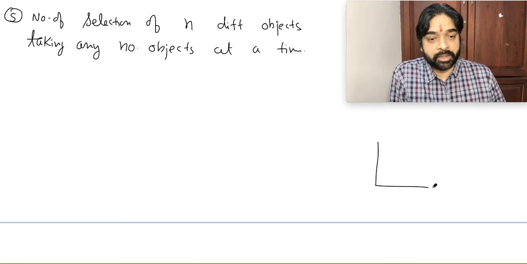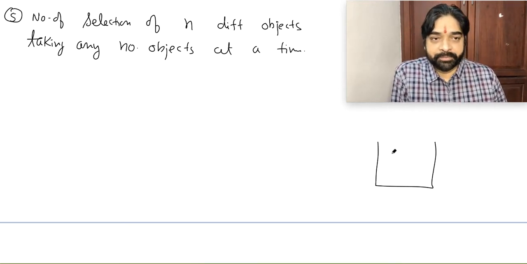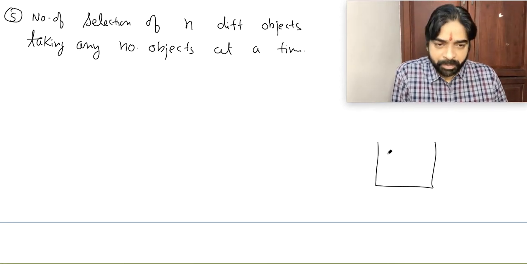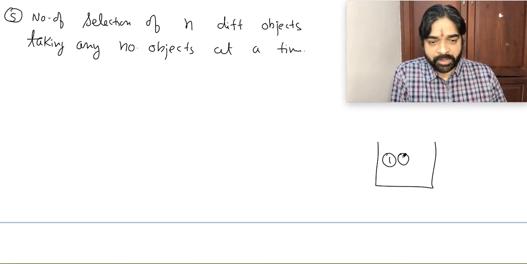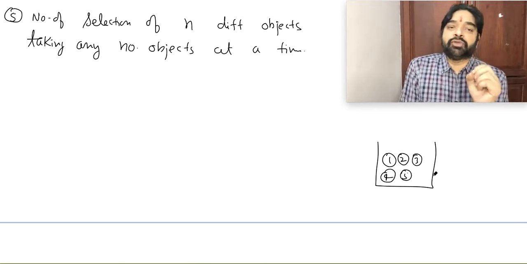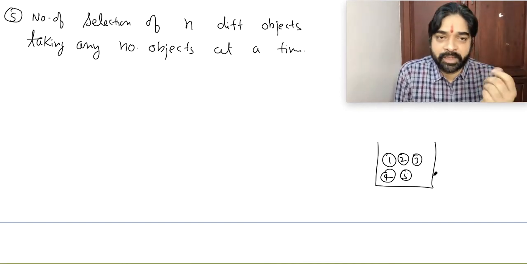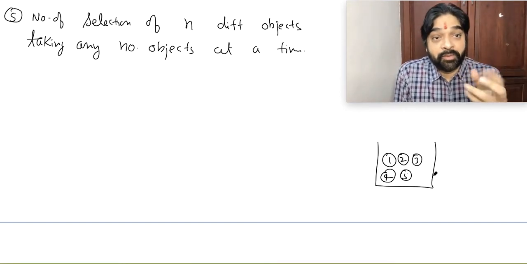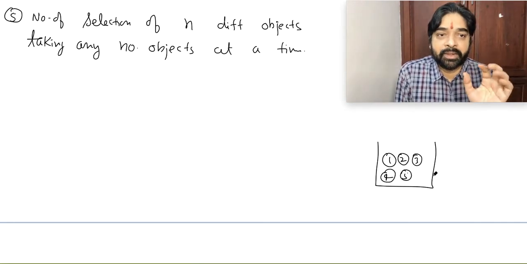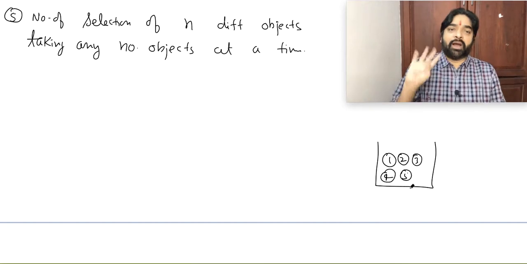It's a good point. You have to understand this. Suppose n different objects are there. Let's take a simple example. I'm having 5 coins: 1, 2, 3, 4, 5. I want to select 2 coins, you'll say 5C2. 3 coins, 5C3. 0 coins, 5C0. Yes or no? So if I say any number of selection, you take any number of coins. It's up to you.